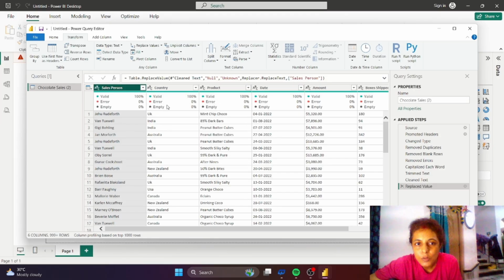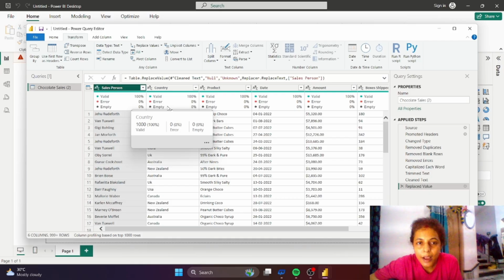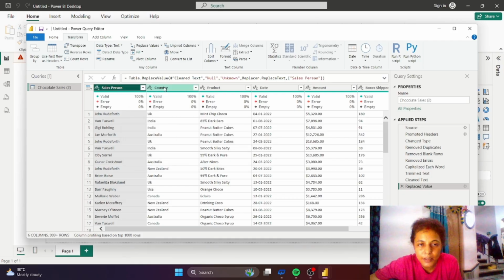You have to follow this step for every column. This is a column, so you just have to follow this one. In text columns, where it is a text value, after replacing null, write unknown or no country, as the header is country, so write no country, or you can normally write unknown, as we don't know. And in product, it is also text, so in data type you don't have to change anything. And in numerical columns, you just have to write 0 in place of unknown. If you are going to replace the null values, you just have to replace with 0.